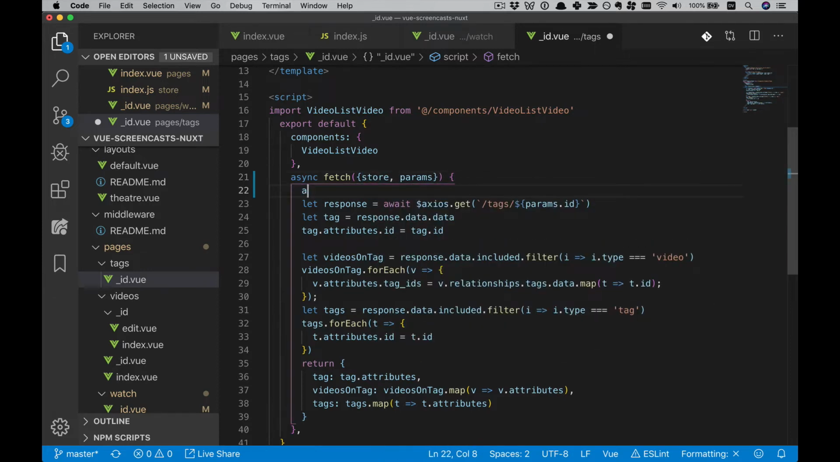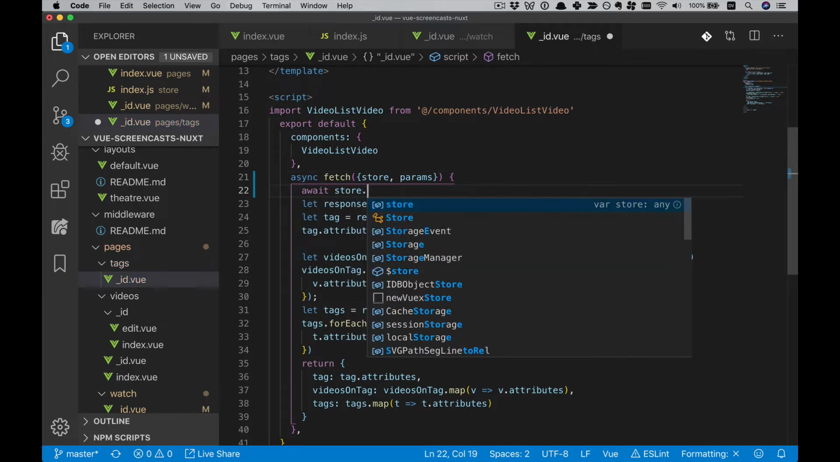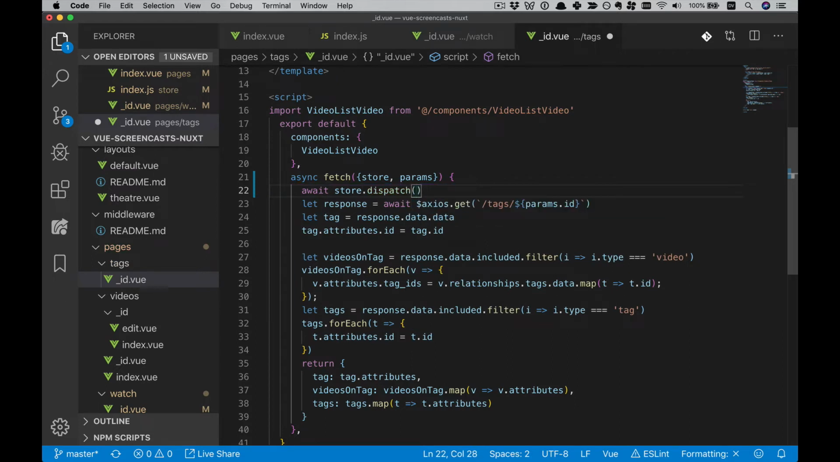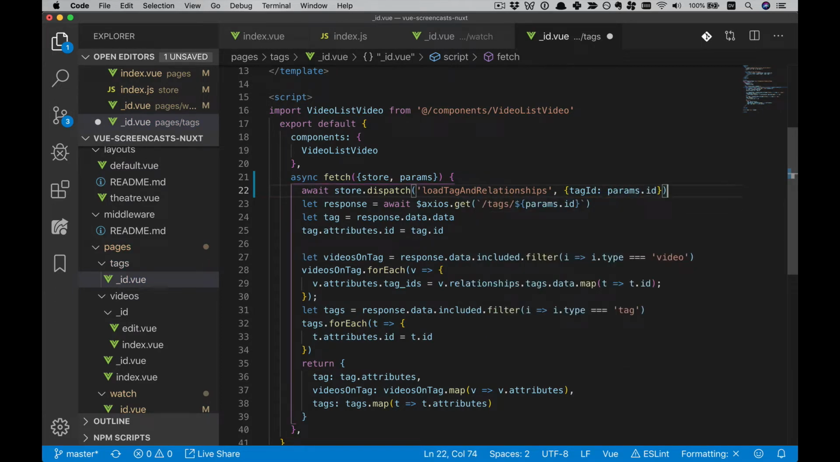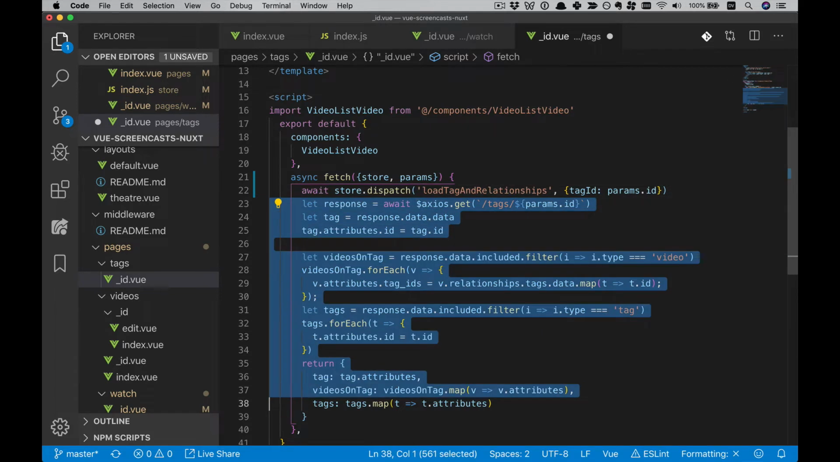Now let's tackle our final instance of asyncData. So once again, we will await and dispatch to the store. And in this case, let's call it, so we're loading a tag, and then all the videos on that tag, and all the tags on those videos. So we'll call it load tag and relationships. And then we'll send in the ID of the tag. All right, and then the rest of this